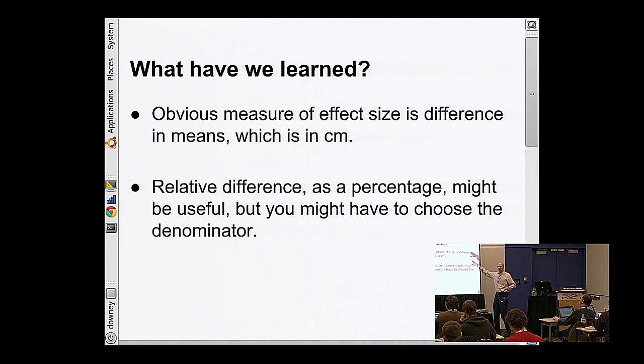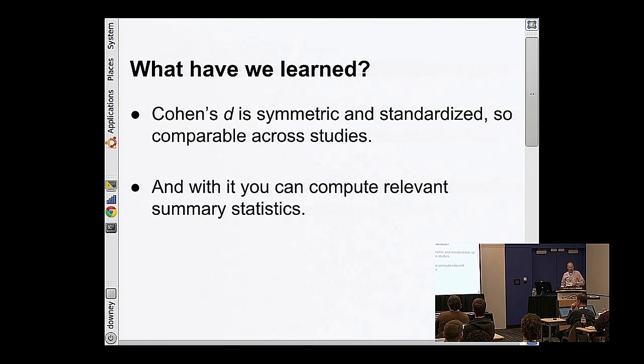To sum up, what I wanted you to get from that notebook is, first of all, if what you're doing is quantifying the difference between two groups, an obvious thing to do is the difference in the means. The drawback is that that number will have units attached to it, and those units make it incomparable across different domains. Relative difference is comparable, but it has the drawback of being asymmetric, and that can be problematic in different domains. We talked about Cohen's d, and that has the property of both being symmetric and standardized.